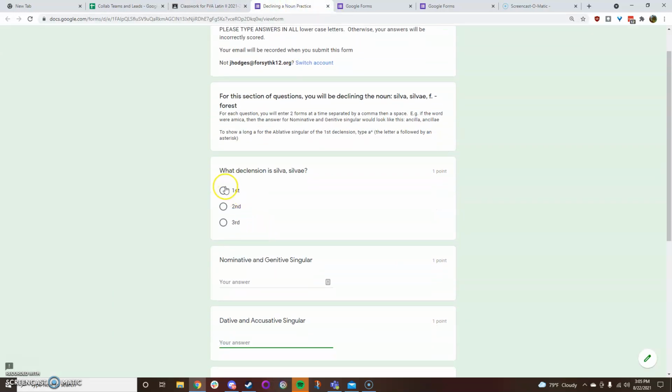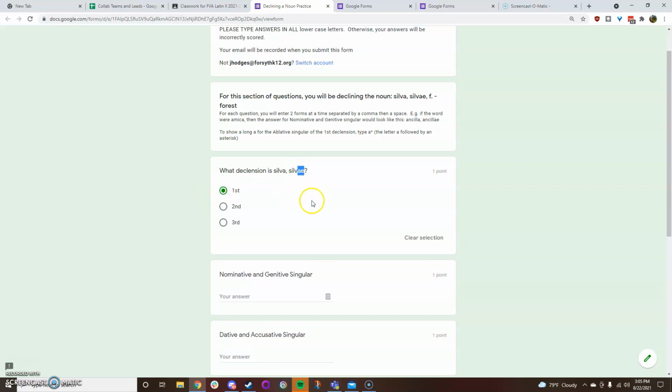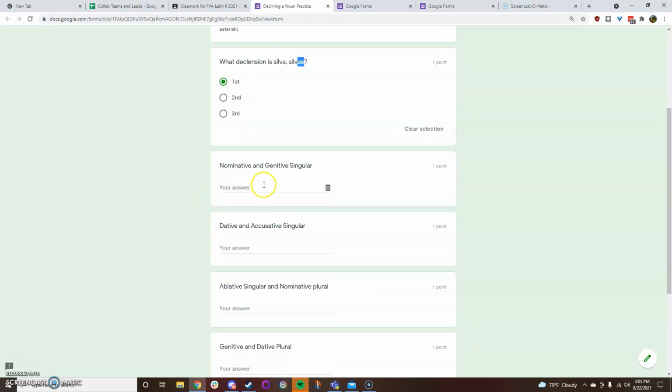So what declension is silva, silvae? Well, the one way to know for sure is to look at the second principal part and match that genitive ending with the declension's genitive ending. I know AE is the genitive ending of the first declension, so that makes that the answer. So since silva, silvae is first declension, I'm going to just follow the steps of breaking the word down,